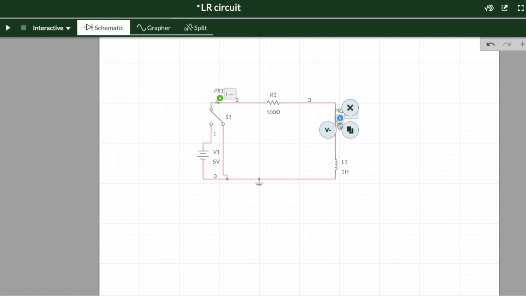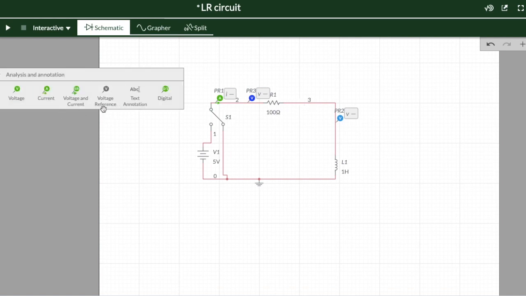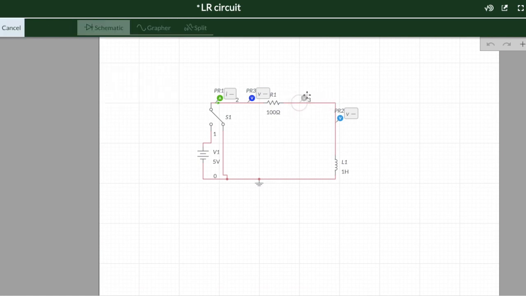So we will be measuring potential difference across the inductor, that is the potential developed at this point with respect to ground. We can measure potential difference across the resistor as well, for which we can connect a meter here. But when we connect a meter here, it means we are going to measure potential at this point with respect to ground. If we want to measure potential difference across the resistor, it has to be at this point where I have connected a meter, with respect to the other end of the resistor, for which we have to connect this voltage reference meter at this particular point.